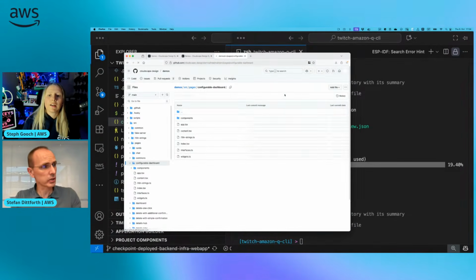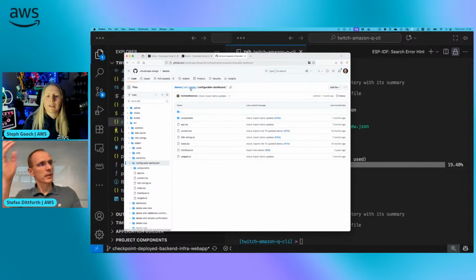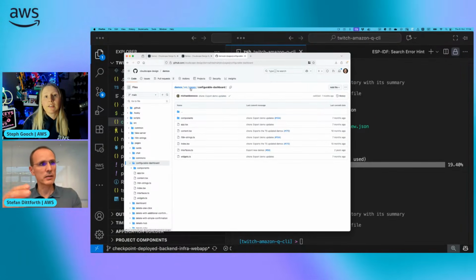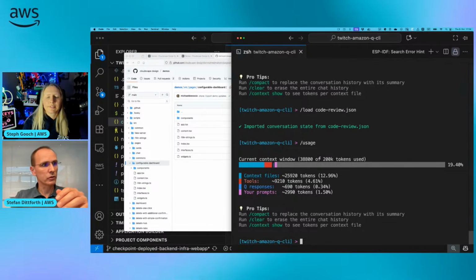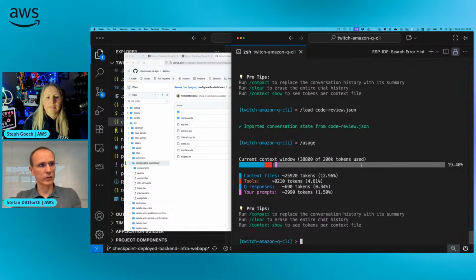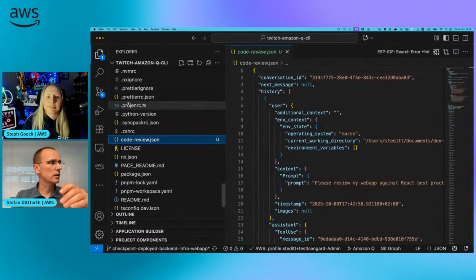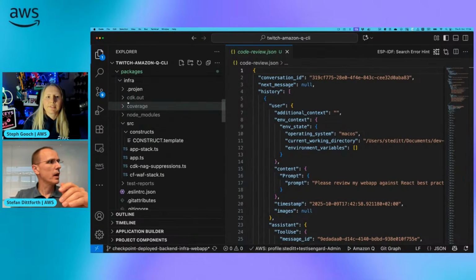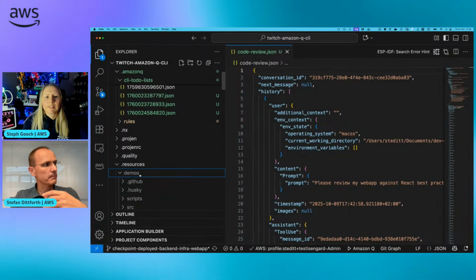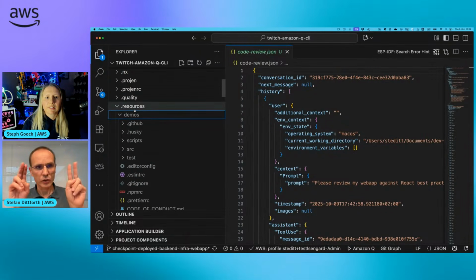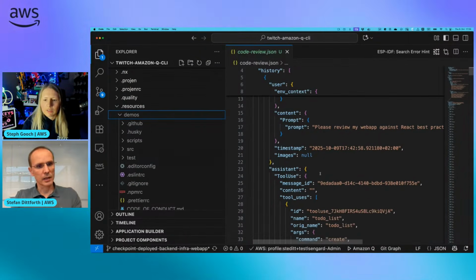They have a source code for that. Now, this is a pretty big code base of samples, and you don't want to have that filling up your context. One way you can handle this, and this is what I did here, is I basically pulled down the Cloudscape demos into a resource folder, and then